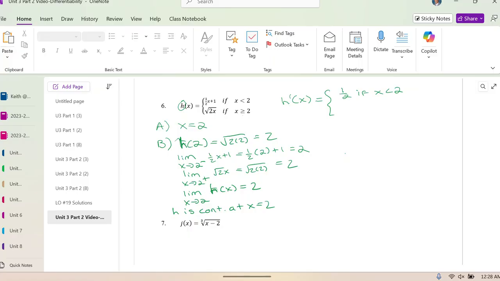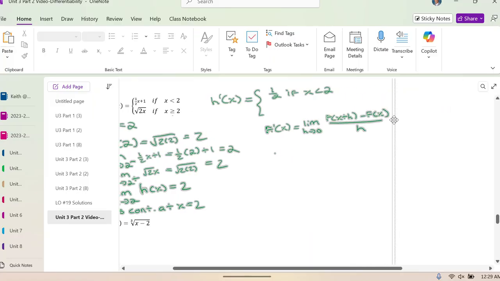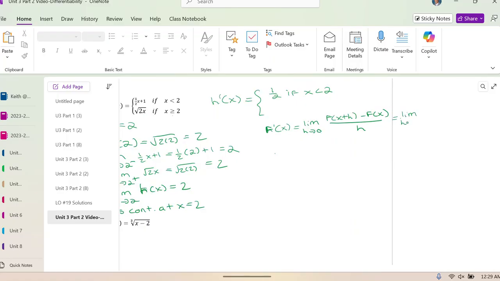Now the derivative of the square root of 2x. If we take the derivative, remember, the derivative is equal to the limit as h approaches 0 of f, we'll call it f prime of x, just to make it different. F of x plus h minus f of x all over h, that gives us the equation of the derivative. So if we put x plus h in there, we get the limit as h approaches 0